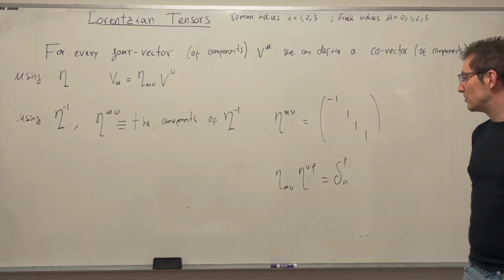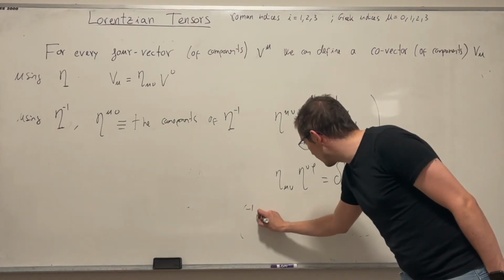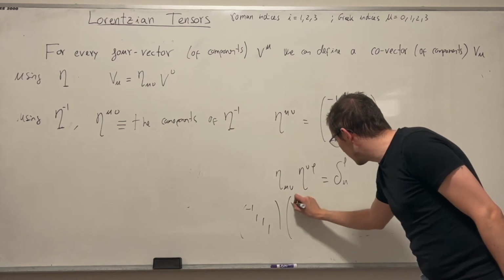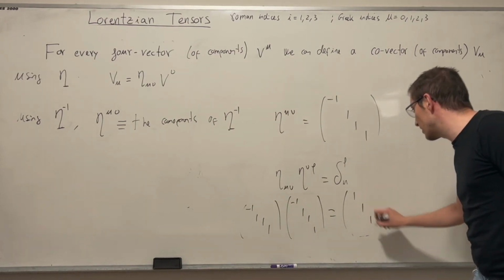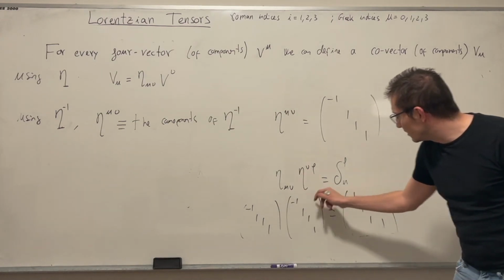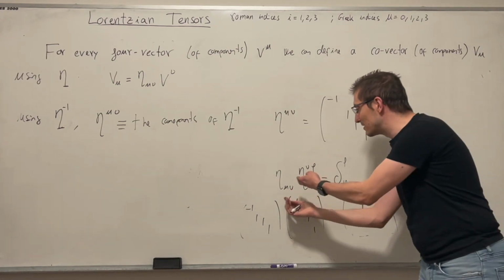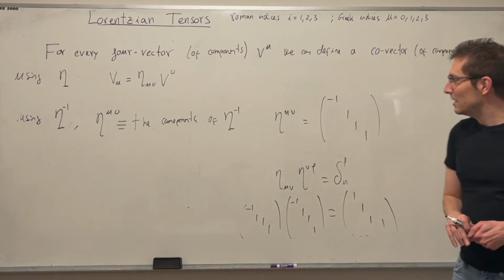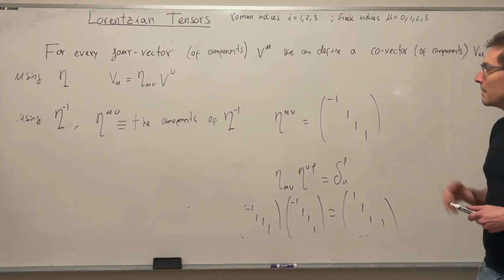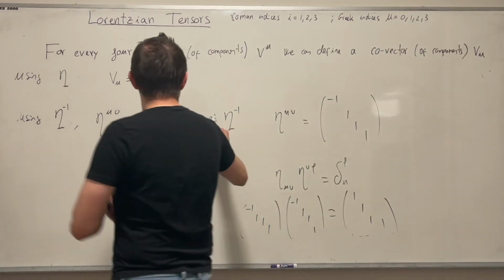Well, let's do that matrix product. So you have minus 1, 1, 1, 1, multiplied by minus 1, 1, 1, 1. What is this? Well, this is literally 1, 1, 1, 1, so the delta. You see, the matrix elements of the metric are the same matrix elements as the metric inverse. So it's very easy in this case, but you can tell that with eta mu nu, we